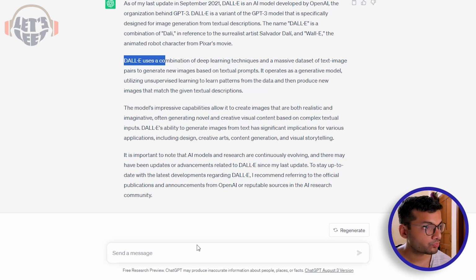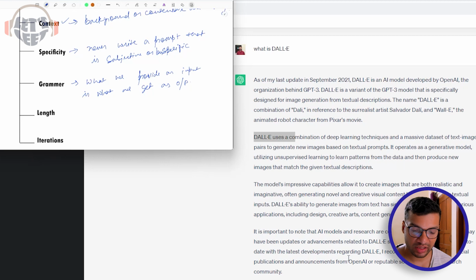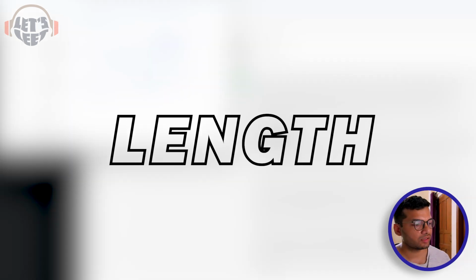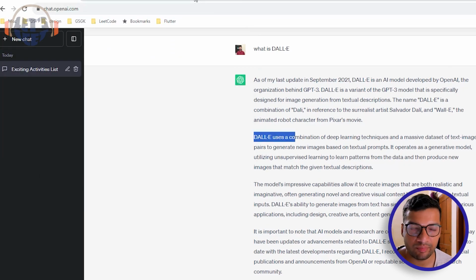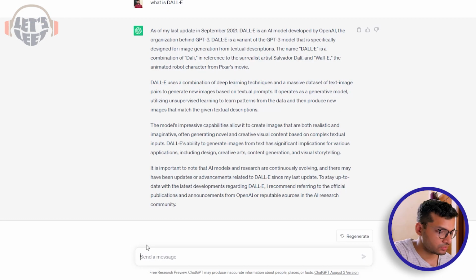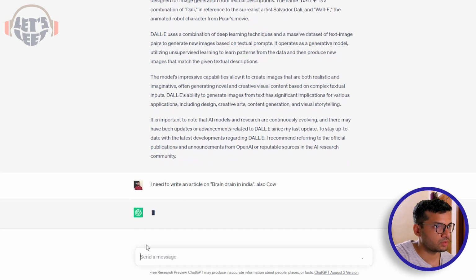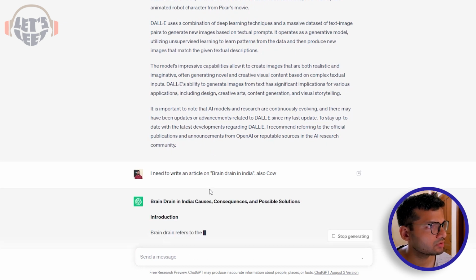All right. So moving to the next point, that is the length. It's not that we must always keep the length short. We should try to be as precise as possible and as contained as possible. All right. For example, if I say, right, so